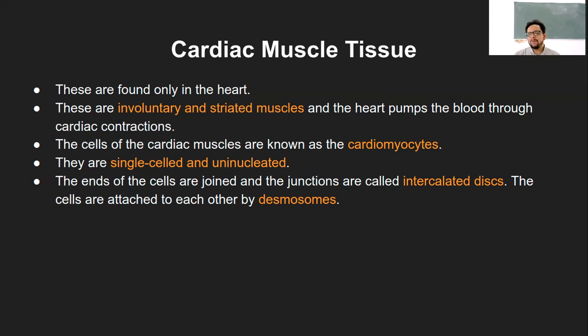That way they create that movement, and this is specifically done with the help of proteins which are present at this intercalated disc-like structure. So that is one of the functions of these two structures, the intercalated disc and desmosome. But you don't have to remember these two structures, that was just for your information. What you need to remember here is that cardiac muscles are involuntary and striated, and the cells are specifically called cardiomyocytes, which are uninucleated cells, and that's it. And of course, you know the function of these cells.